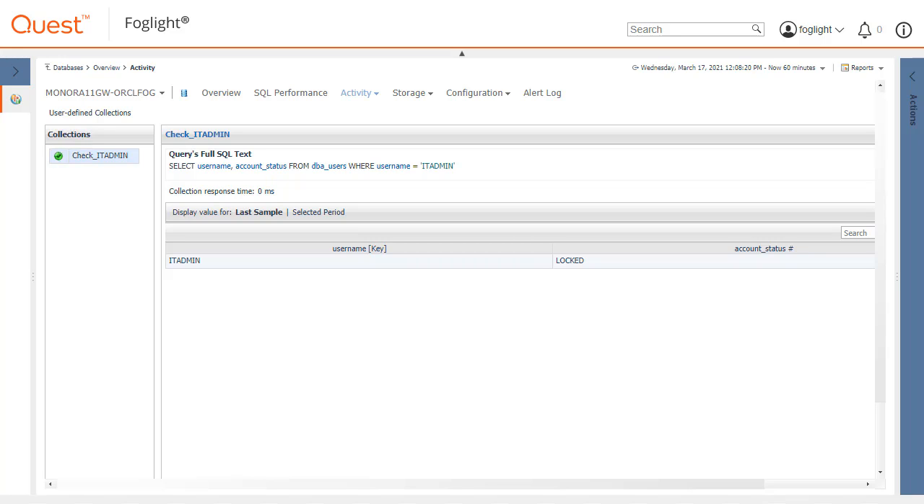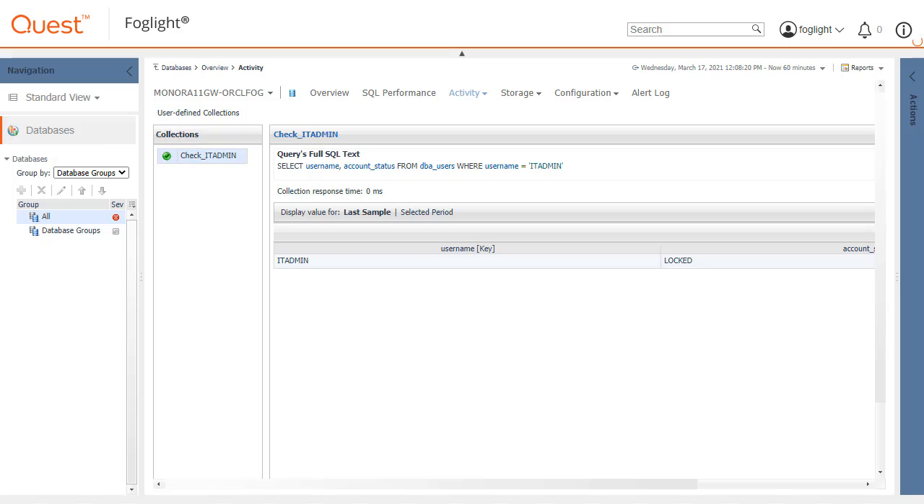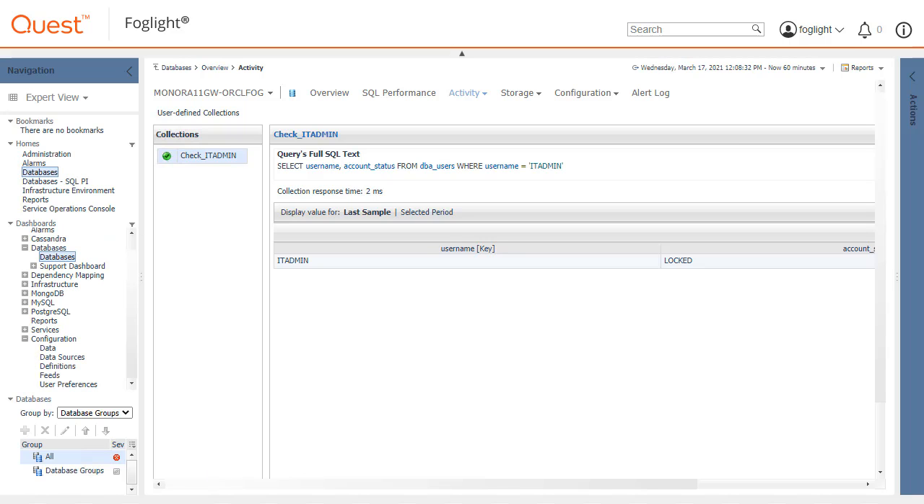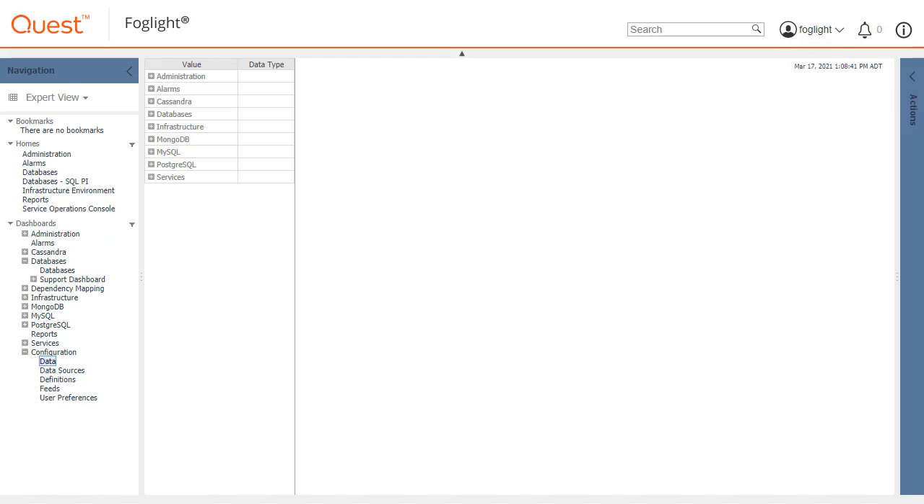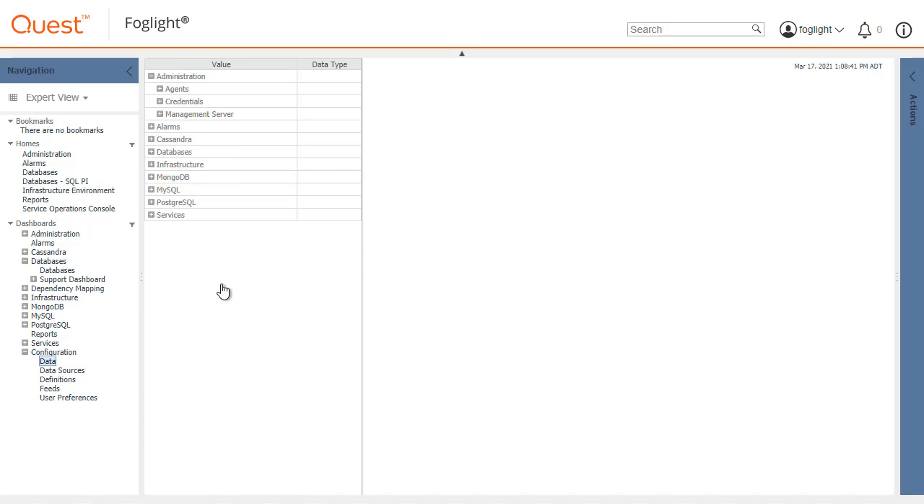Next, let's check the topology to review the metrics that are presently being gathered by the collection. Expand the menu and change the expert view if it's not already visible. Then navigate to Configuration Data. Expand Administration Management Server, All Data,